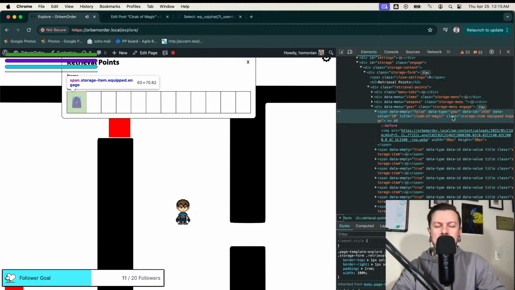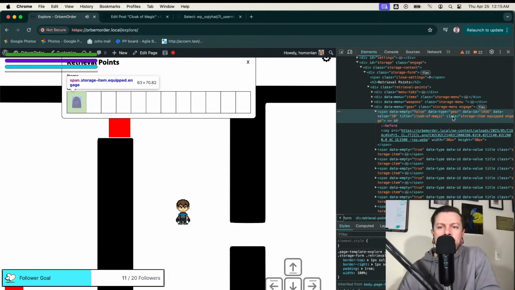So either I rewrite the logic that adds storage items and add subtype, or I add a new global variable that has a list of all the equipped items.